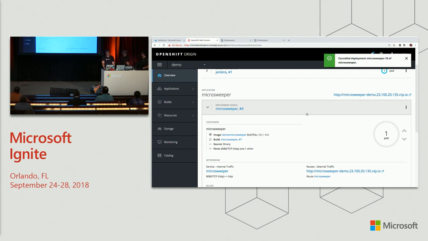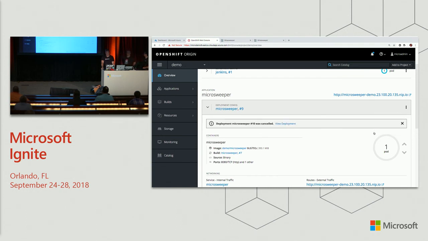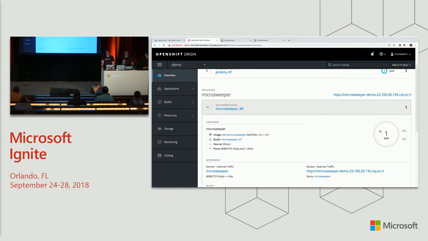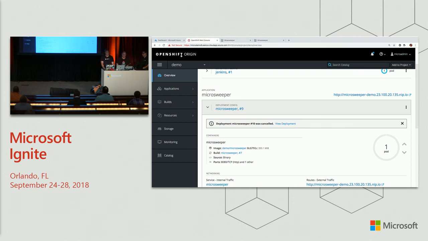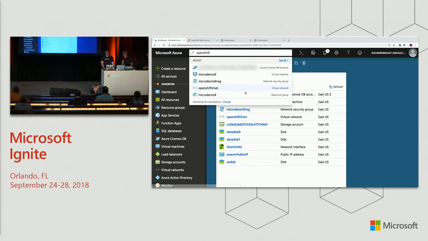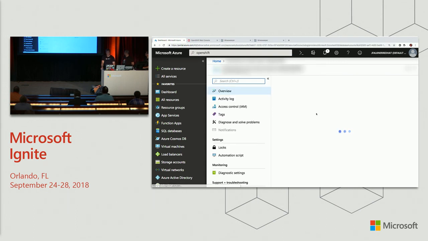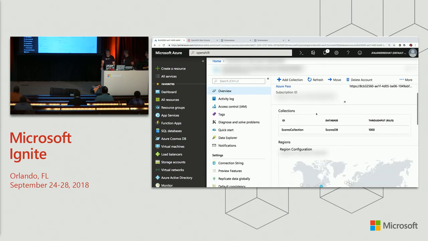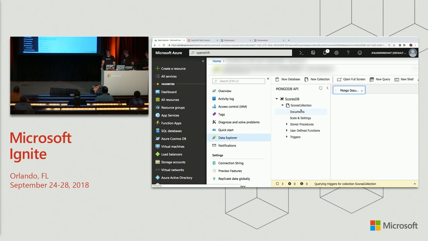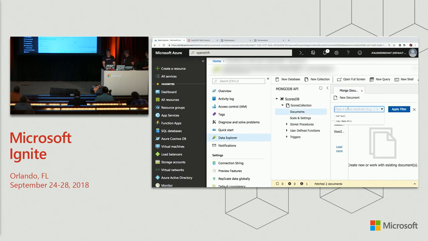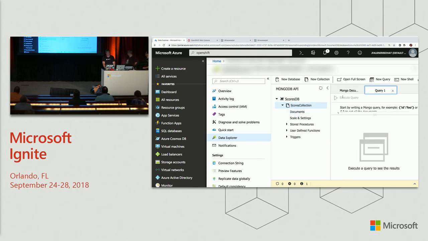Okay. Well, the demo gods have failed me today. So this one will come back up here momentarily, and we can kick it off again. But essentially, what would happen is that code that you saw would pick up that environment variable, connect back to Azure. And then, for example, in the Cosmos database instance running on Azure, I would be able to see. In fact, I'll probably see the collection from the previous run, where you have these scoreboards set up and setting their value into